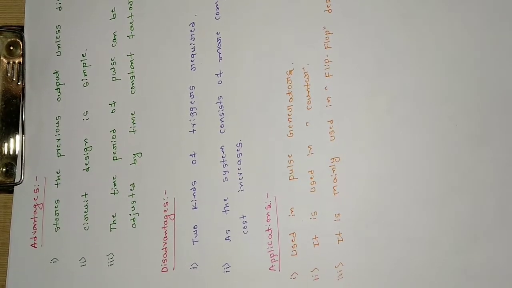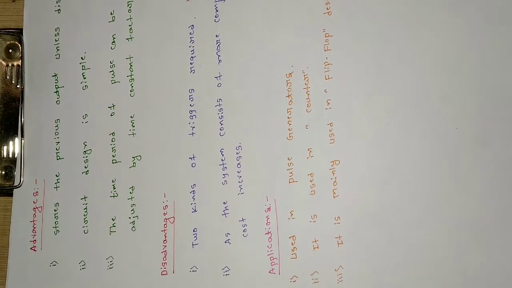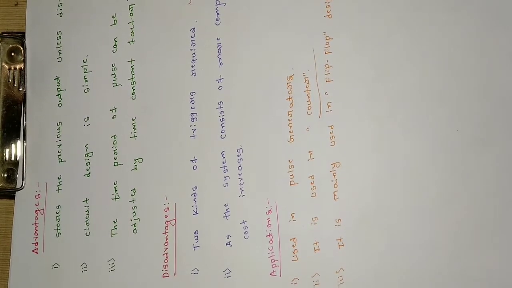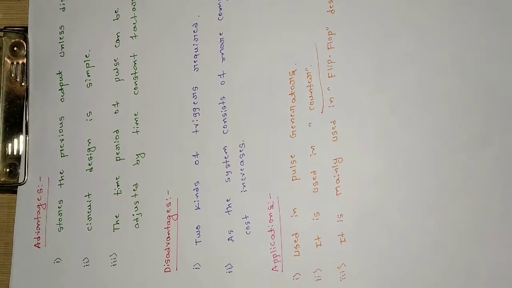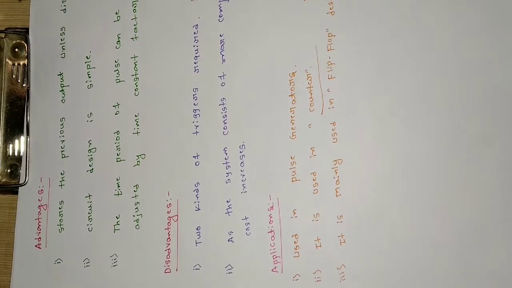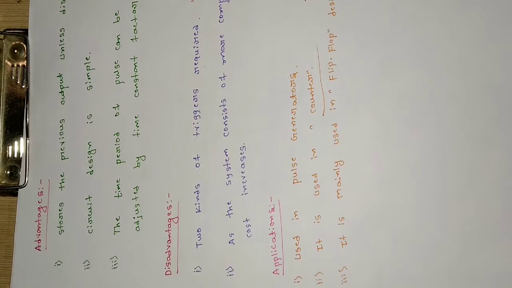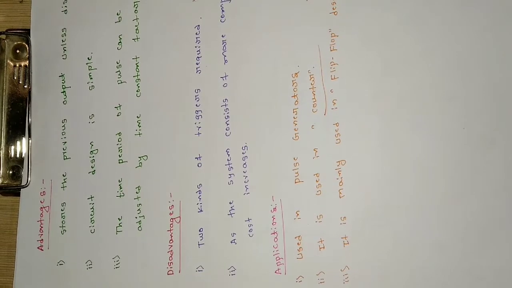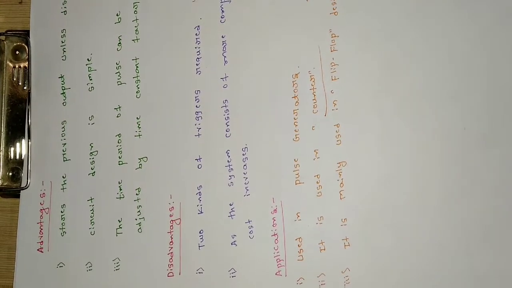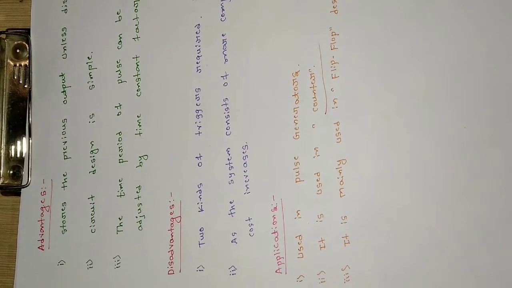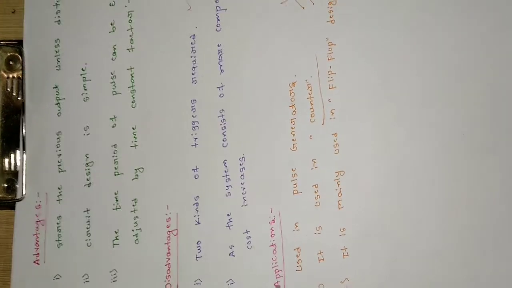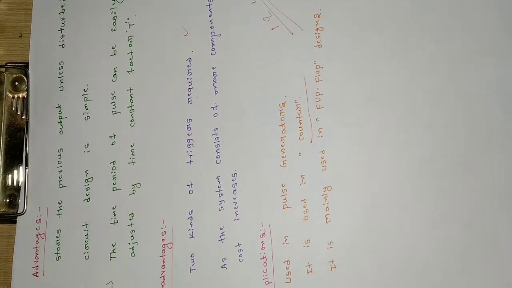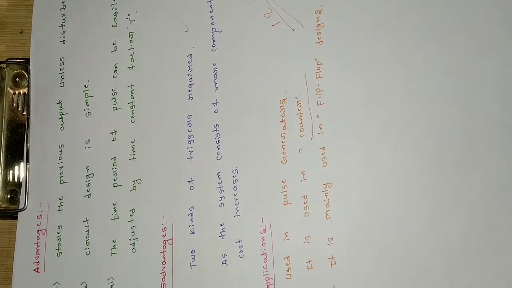All right, the second application is that it is used in counters. A counter is an electronic circuit which basically counts numbers, like 1 to 10 or 10 to 1. If it is an up counter, then it will be going from lower to higher, and if it is a down counter, then it will be coming from higher to lower, like 30 to 10 or 10 to 30. It is not fixed that it is 0 to 10 or 0 to 20. Depending on our applications, we can create any type of counter. It will be just counting the numbers. That is a counter, and there we can use the bistable multivibrator.